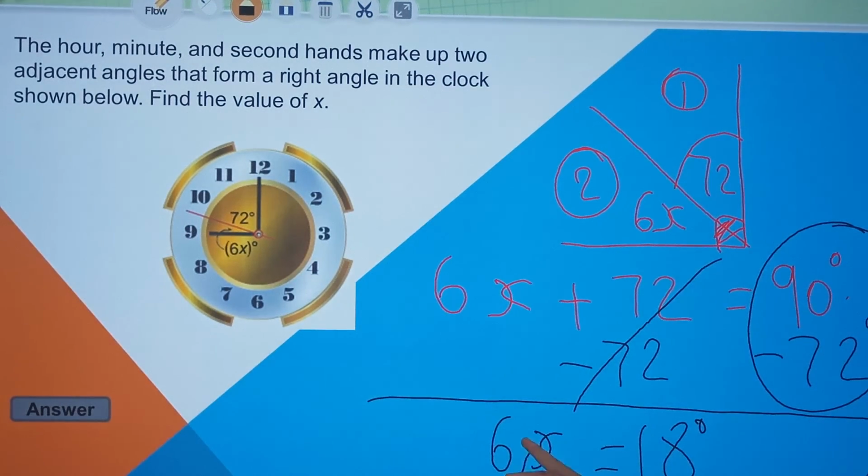The 6 here is multiplied, so I need to cancel it. So we will divide both sides by 6, as in solving an equation, right? So the value of x here is equal to what? The value of x